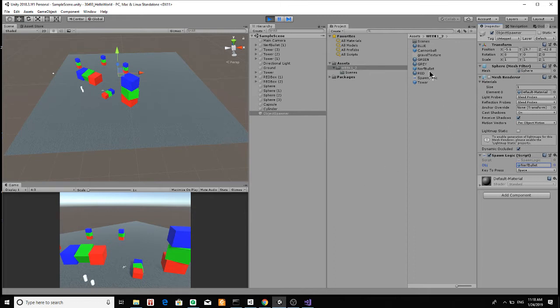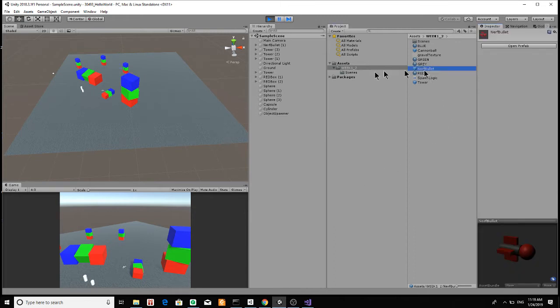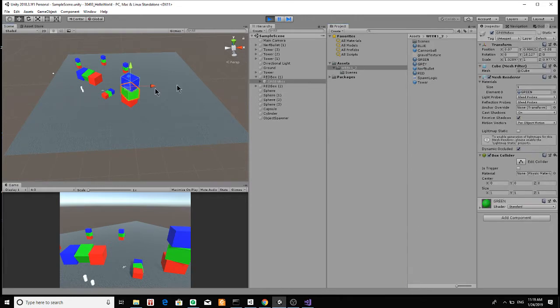Because Nerf bullet here, that's a game object. That's a certain kind of game object. And this tower is also a game object. But there's an important difference. The ones in your hierarchy, this is your actual scene, this is your actual simulation. When you play and run your game, these are the entities that are updating. In the project tab, these are your assets. Textures, sounds,